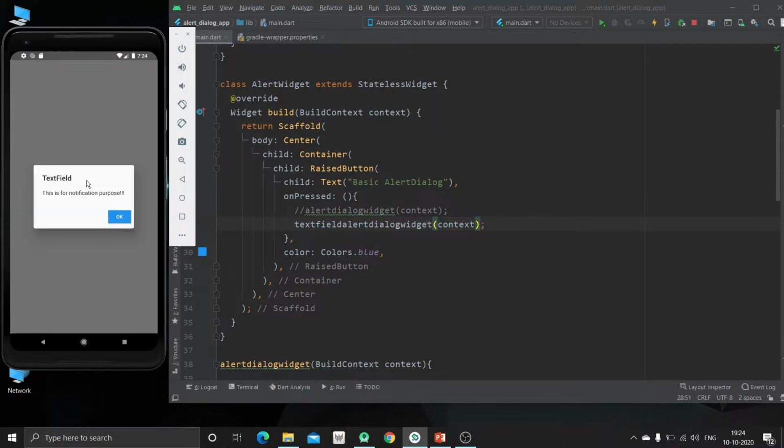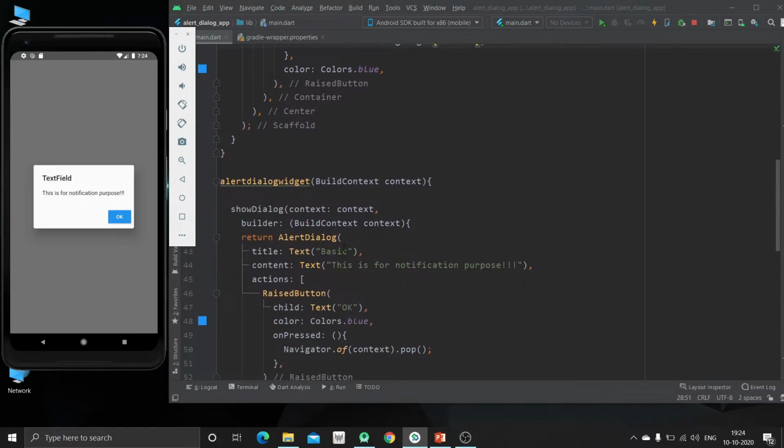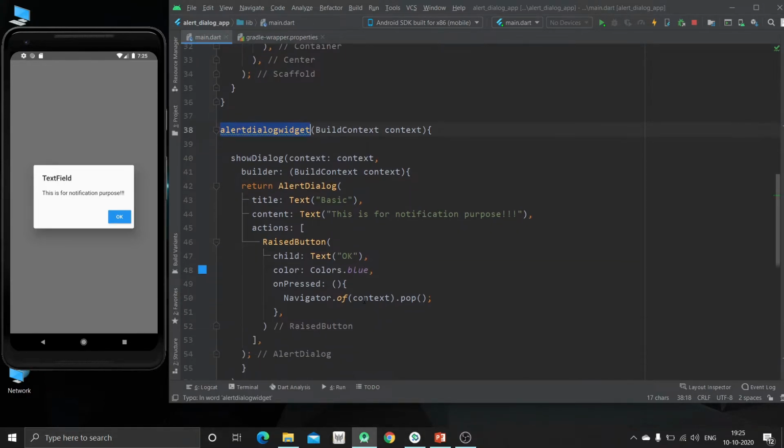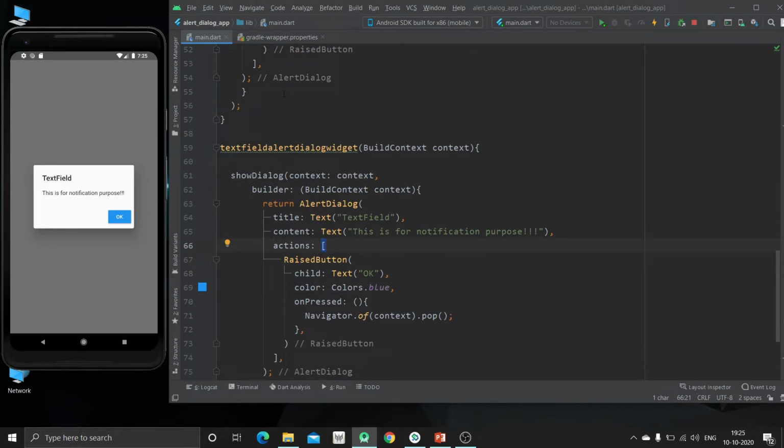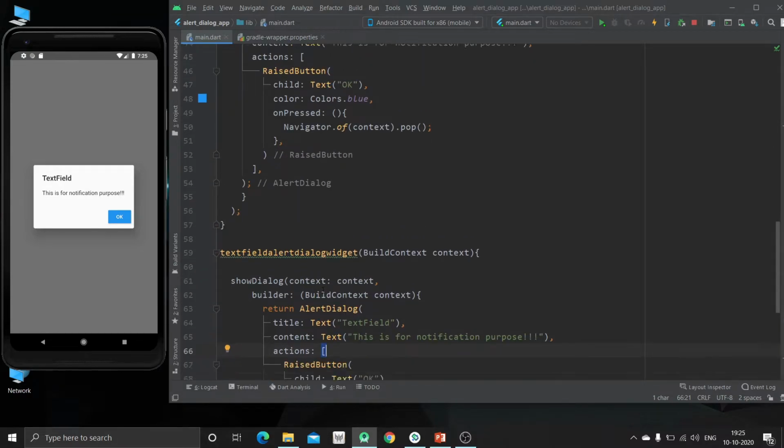Now you can see there is one text field widget, but till now we haven't changed anything. Like the first basic alert dialog widget is having the same content as the text field alert dialog widget. So what's the basic difference between these two?